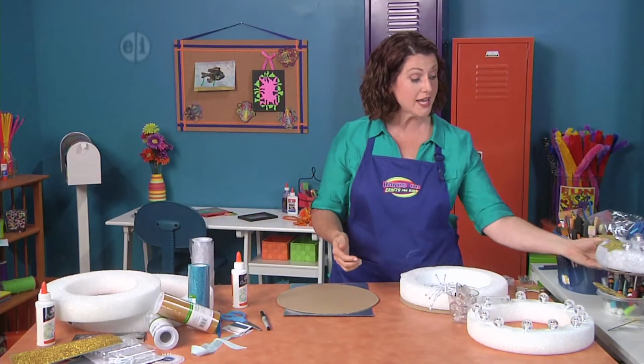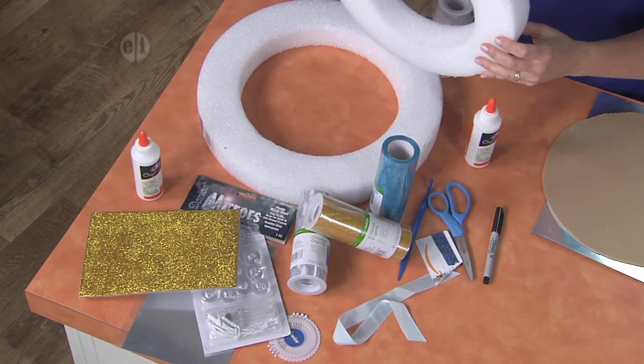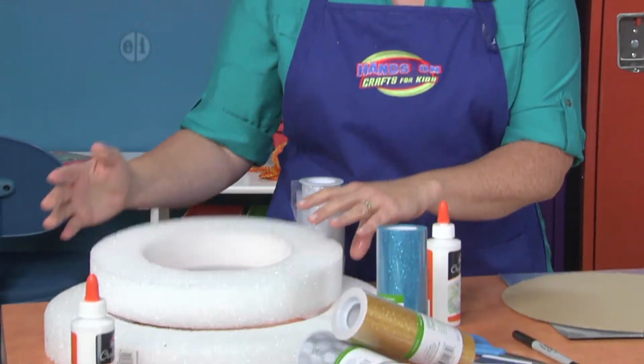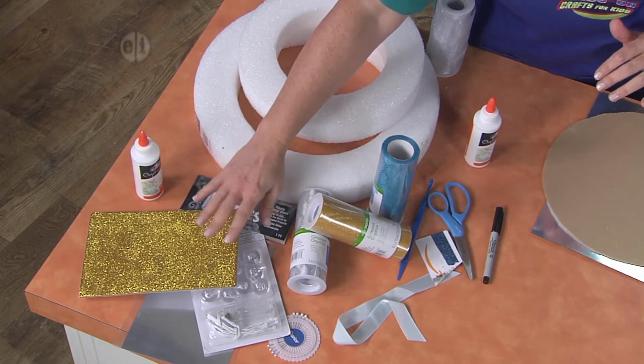You need a few items, so let's go through that first. You're going to want to start with a large styrofoam wreath form. And you can make it super large or medium size, it's kind of your choice. You're also going to want some sparkle mesh, some nice heavy-duty craft glue, some sparkly foam, a light kit, and